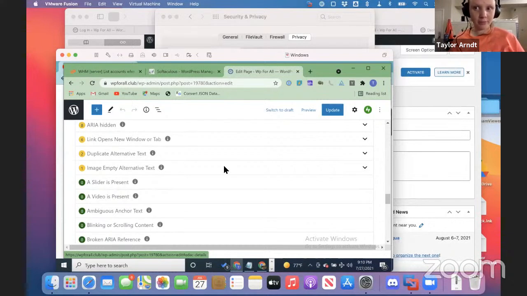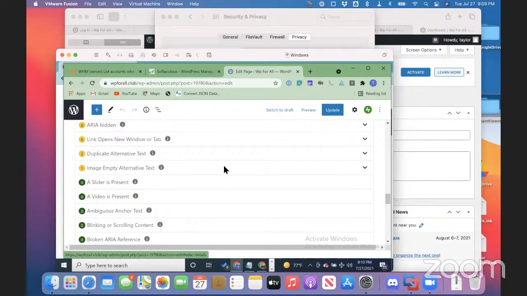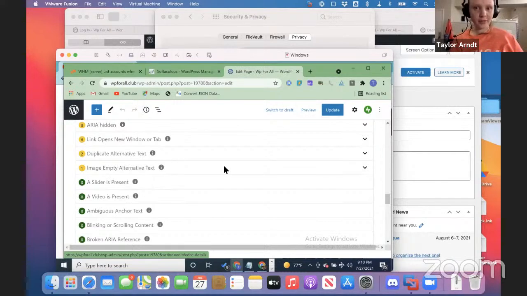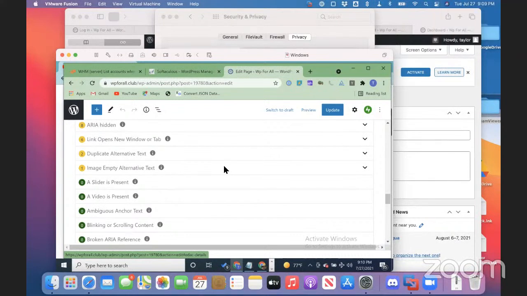Michael, how does that read in terms of visuals? Exactly as it shows. It looks like a green background on the 0, and then it says a slider is present. The only thing I see being an issue is that they may not know what zero means. Michael, do you think that could be a possible issue? No, I think it's pretty self-explanatory because it means 0 issues, because it's in green.